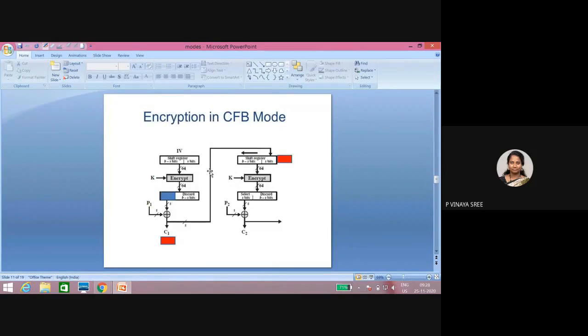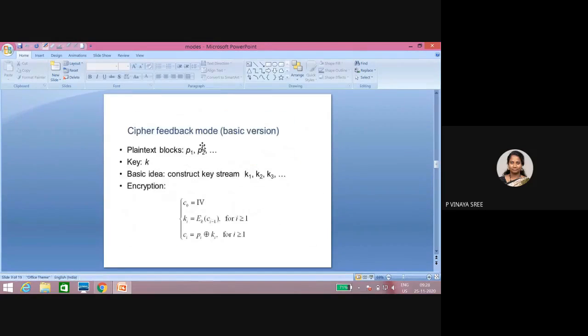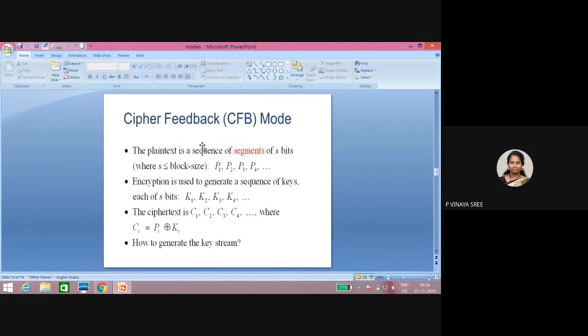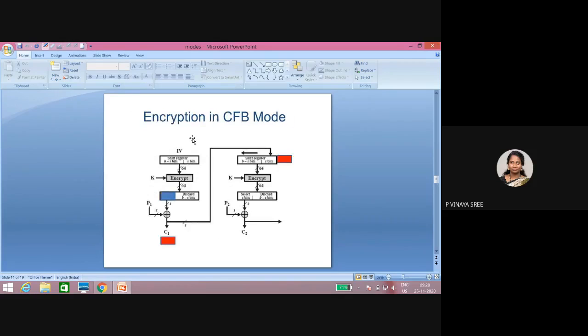In cipher feedback mode, the plain text is a sequence of segments of S bits. Just now I said that it is a stream cipher, but the initialization vector size they will be taking as a block cipher.